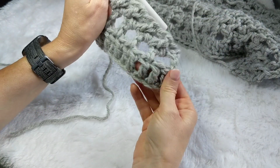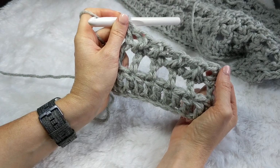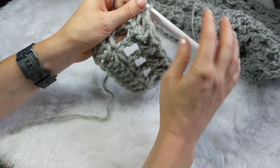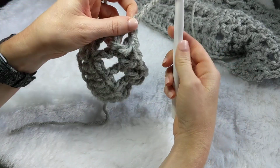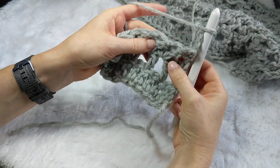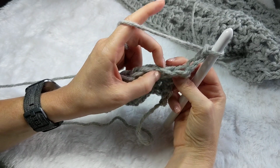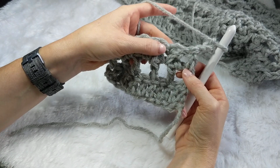So now we've got our first rows, and we're going to do these in repeats. So we're going to repeat this row and this row back and forth until we're done. So from here we're going to chain up 3 again. 1, 2, and 3. Turn our work, and we're not going to work into the bunny ears here like we would normally. We're actually going to work between the crisscross stitches because we want to make those a bit more